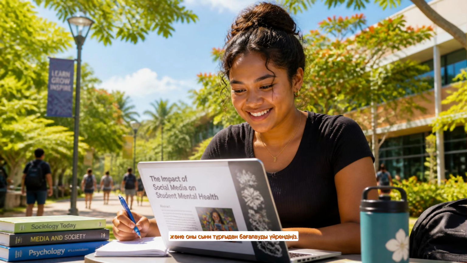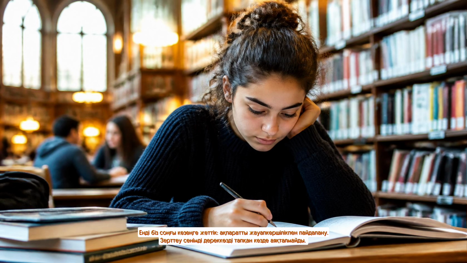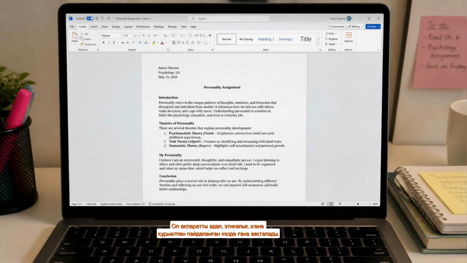Welcome back. You've learned how to define your information need, search strategically, and evaluate information critically. Now we've reached the final step, using information responsibly. Research doesn't end when you find a good source. It ends when you use that information honestly, ethically, and respectfully.